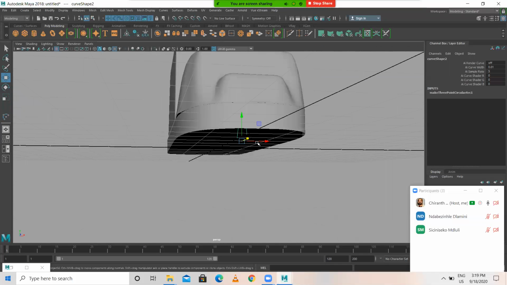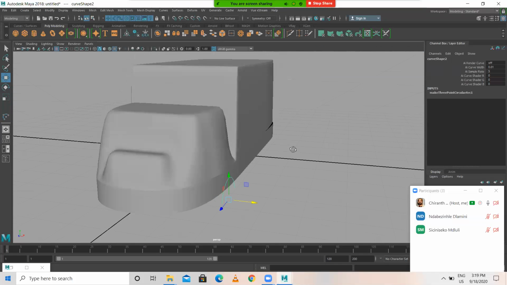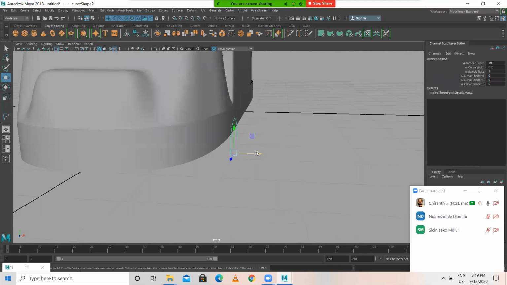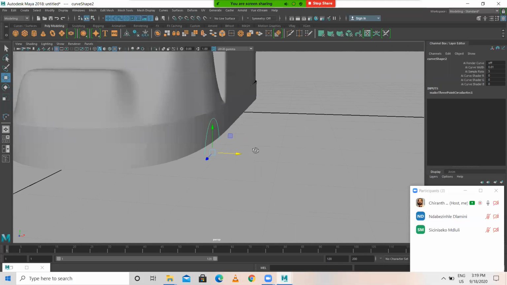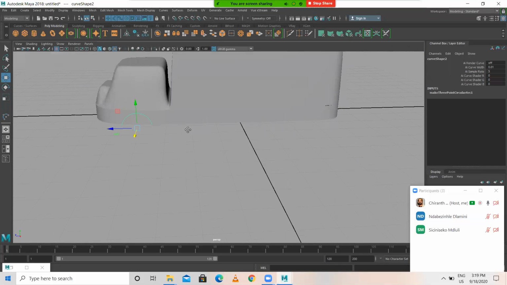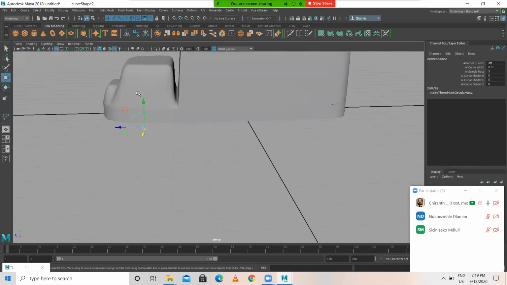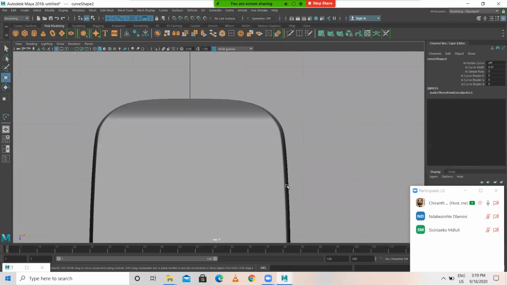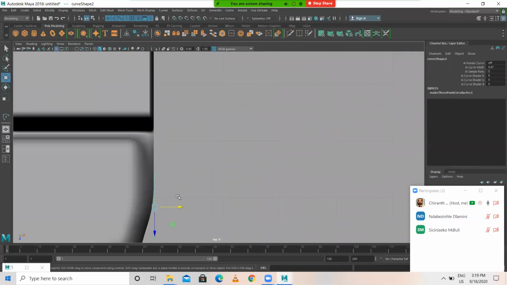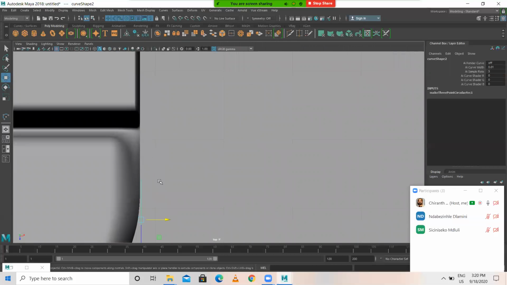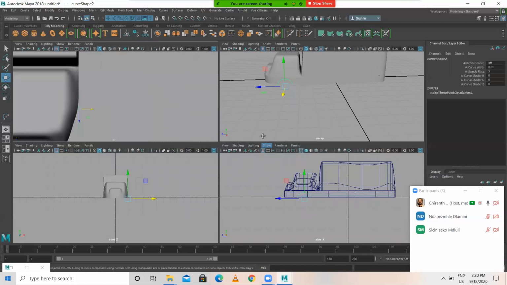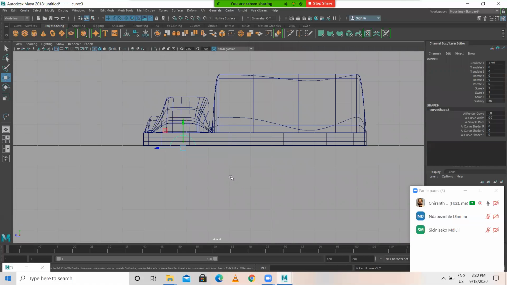So bring it outside. When you create a curve, it will be on the center of the grid. So bring it outside like this. So now as per the model, you need to rotate this as well. Okay, I'm duplicating this. I'm gonna place one here and I duplicate.